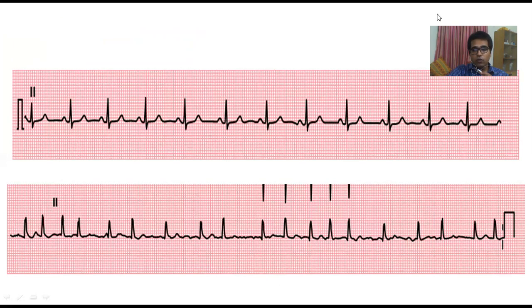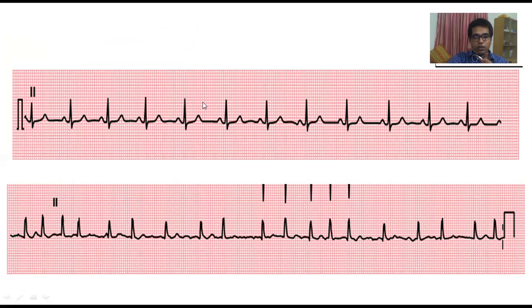So here I have shown two tracings. In the first one the rhythm is regular, so you can calculate the heart rate by counting the number of large squares between successive R waves, and you divide 300 by that number. In the second picture the rhythm is irregular. So we have to first count how many R waves are present in the 50 large squares. Say it is 19. So there are 19 R waves, and you have to multiply by 6. 19 times 6 is